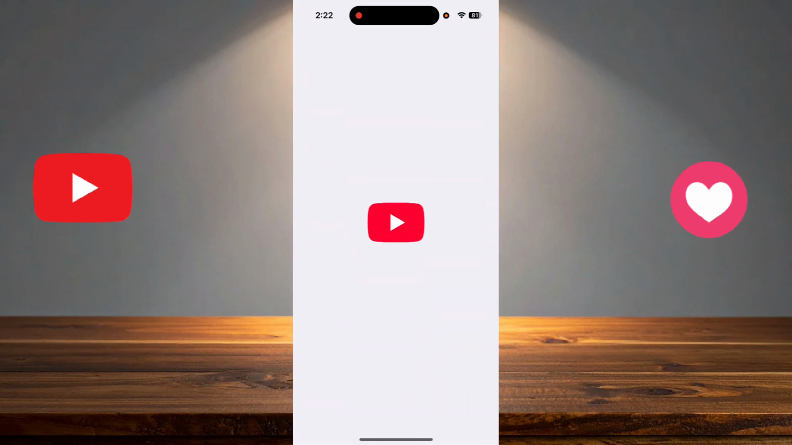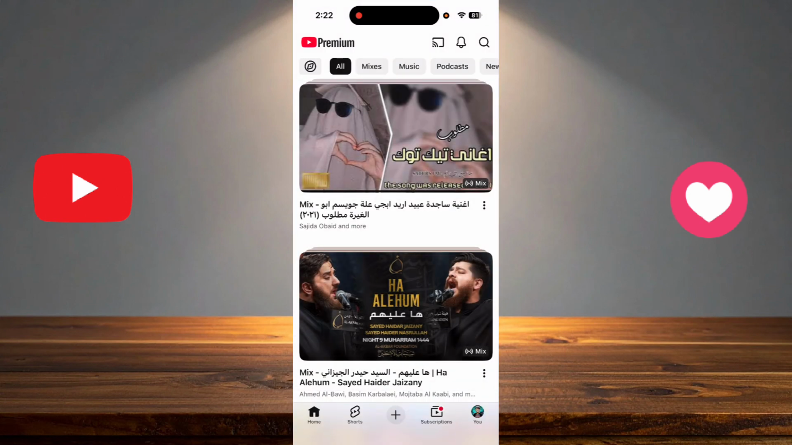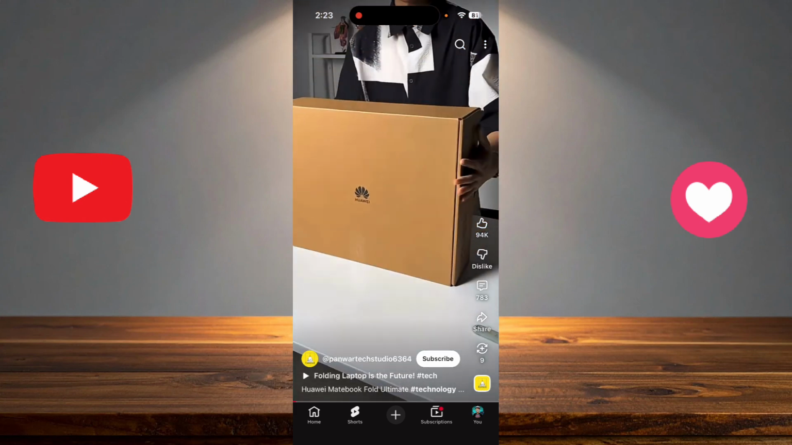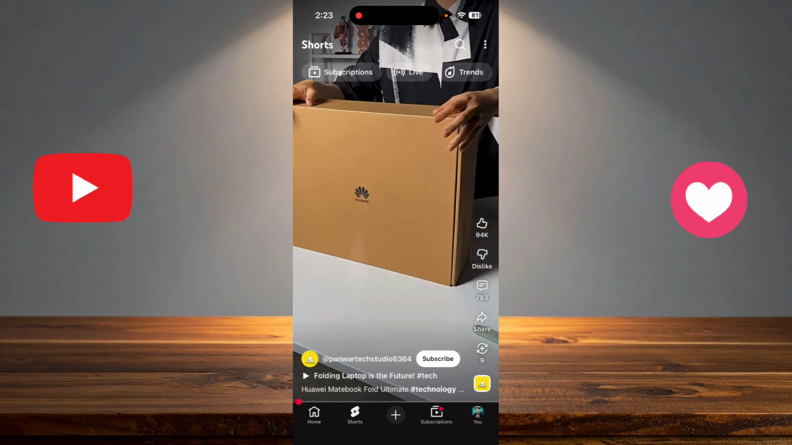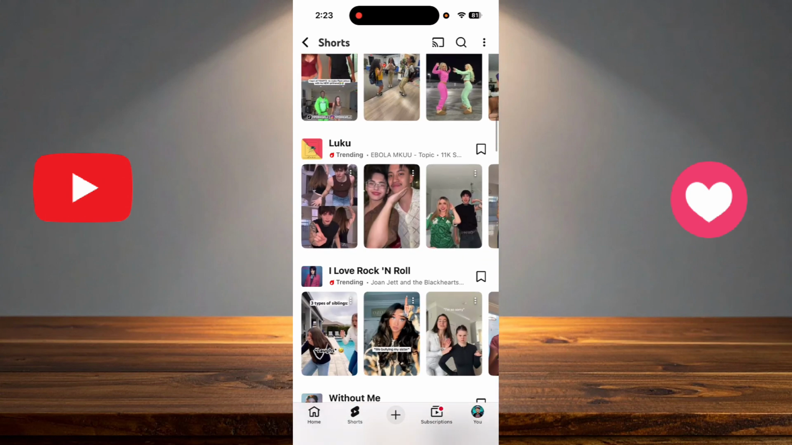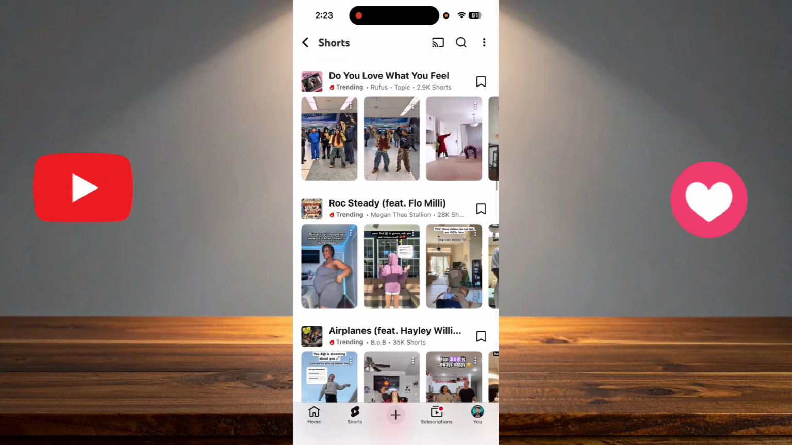You just have to go to YouTube, open it, and after that click on Shorts in the bottom menu, and after that stop that video, and as you can see there is an option on the top right of the screen called Trends. You just have to click on it and it will give you the trending videos divided